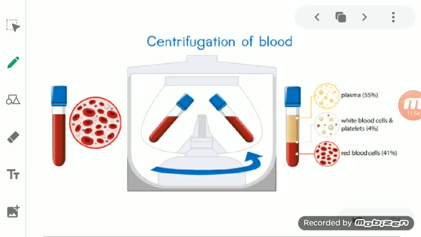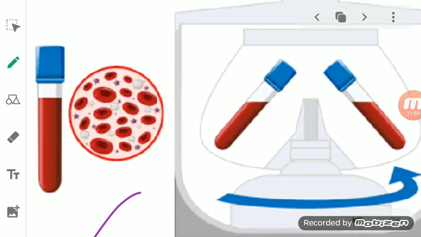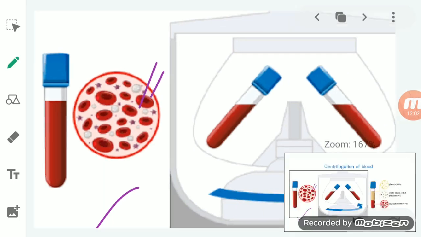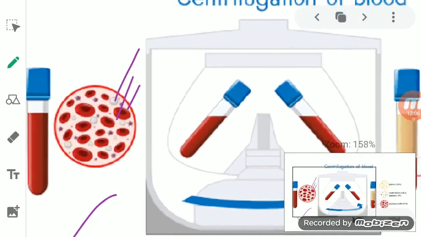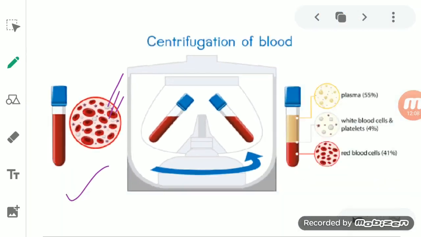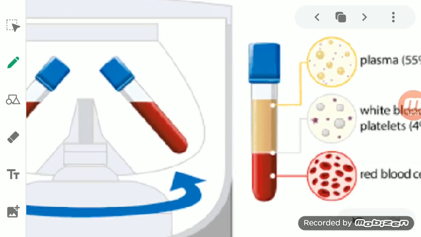At first it was like that. When the blood was together, when everything is together, the plasma is there, the red blood cells are there, white blood cells are there, you see here everything is together. Okay, so when you give that blood sample, it will look like that. But after you keep it in a centrifuge machine, you see that it gets divided into the different components of the blood.